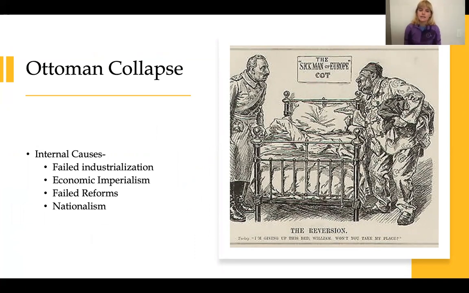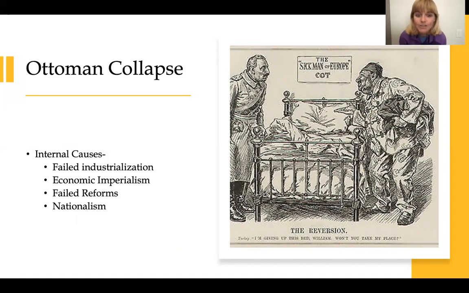Okay, as I said, guys, they attempt to industrialize through loans. All right, so they're going to take out lots of loans through the French and British empires. Their industrialization attempts don't really work, and instead they're stuck with really big bills that they owe the British and French. And so because of those really big loans, you're going to get economic imperialism. So the British and French are going to come in and start to really exert pressure on the government, okay?